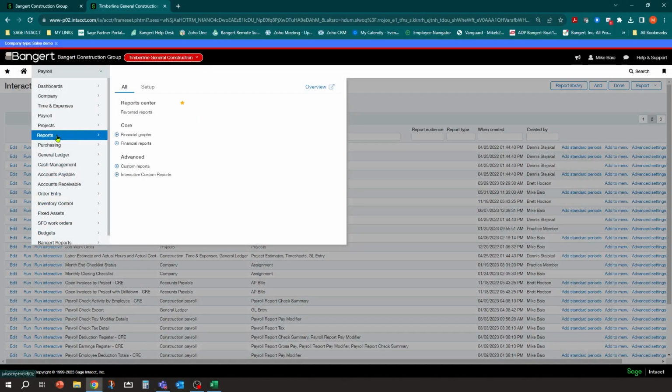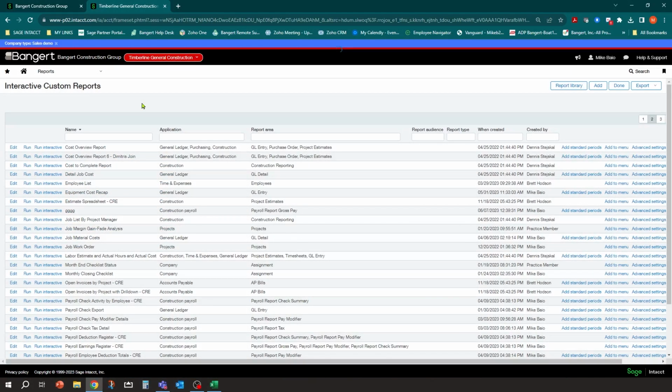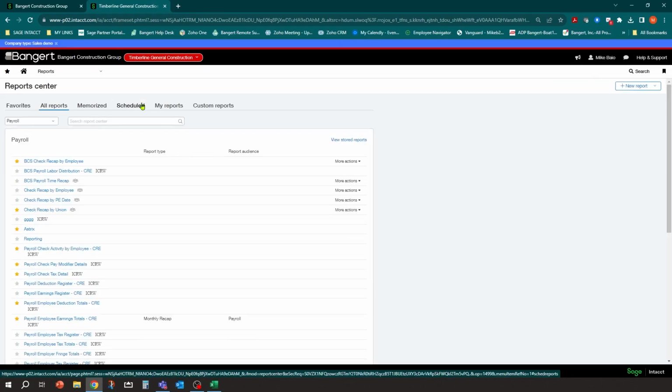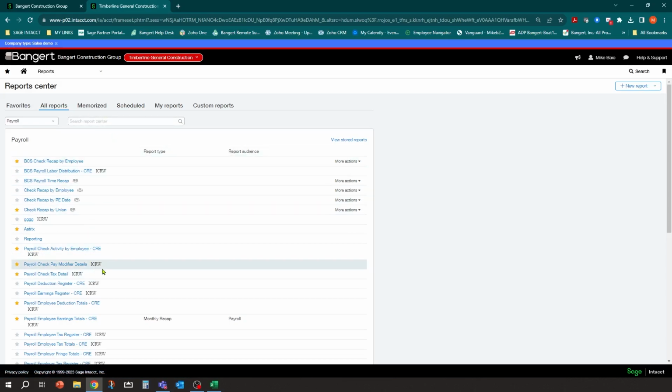Basically, under reports, there's something in here called Report Center. And what's nice about Report Center is it combines all the different types of reports to one place. So that is all your ICRW reports, all your custom reports, and all your financial reports, and all what's called the system-based reports are all here. And it usually labels them with what type of report they are.